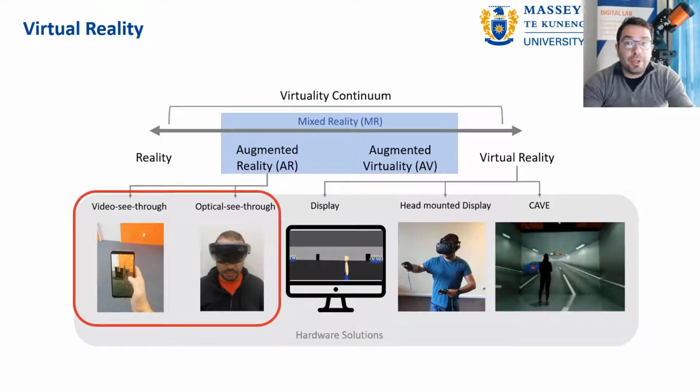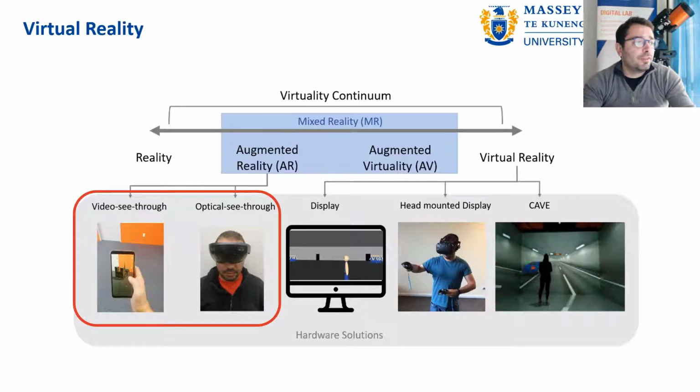For augmented reality, we have mainly two options. We have video see-through, and you can see in the picture a smartphone. That's my smartphone, with which I try to create this augmented reality and have a view of Notre Dame de Paris on the floor of my university. You can see that the majority of the view, once again, is reality, and then there are holograms popping up in the scene on my smartphone through video.